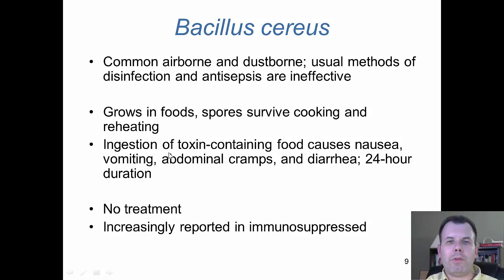And what happens is you get this toxin-containing food, which causes nausea, vomiting, abdominal cramps, and diarrhea for a 24-hour duration. Typically, this is one of the types of 24-hour flu that are out there. Again, there's no treatment. Typically, you just let it pass. Obviously, if it continues more than 24 to 48 hours and you get severely dehydrated, that's when you want to take steps. That's when you probably want to go to the ER or to the doctor to make sure that you're okay and that you don't get too